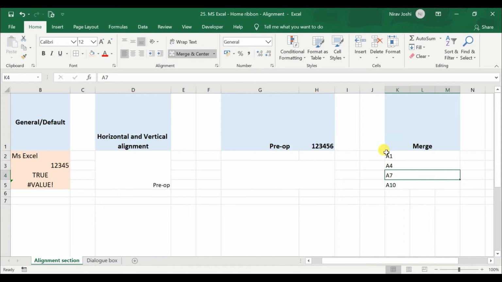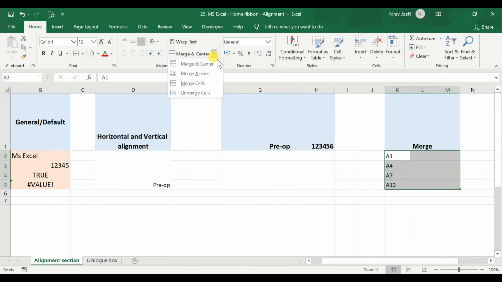And here also it will just keep the data on the left side and remove all the data towards the right side of the selected range. Here also it would be identified by the leftmost cell, that is K2 here, K3 in this one, K4 here and likewise. So that is the use of merge across, and again you can go back by toggling the button and it will move towards the original one, but mind that here it will not retain the data.